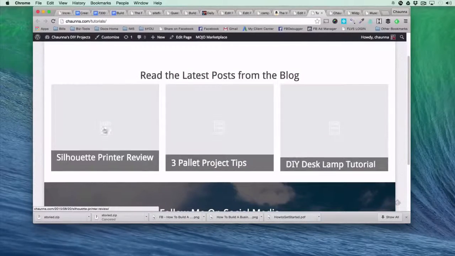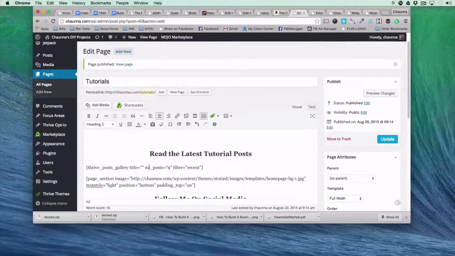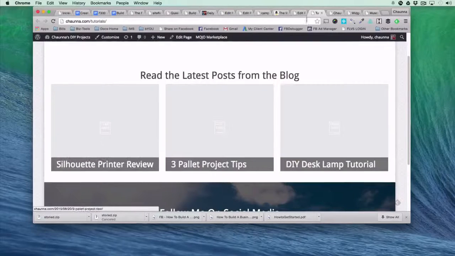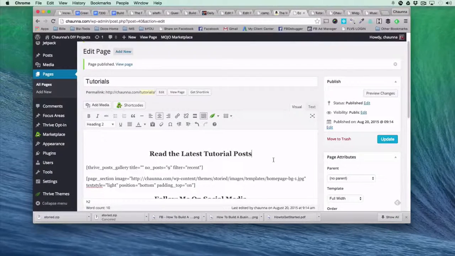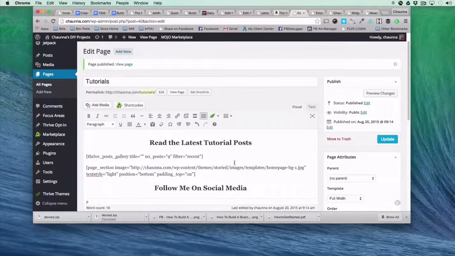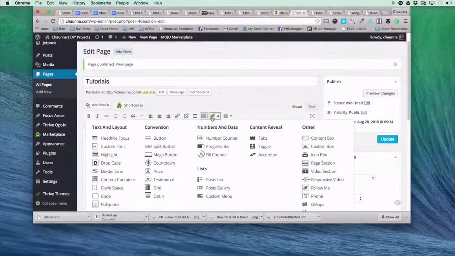It's showing 3 posts, right? So Thrive post gallery title, post number, so the number of posts is 9. So I don't really want just a gallery, just like the home page shows all of them. I want one specific to tutorials. So I'm going to delete this space here. I'm going to delete this code, because all it does is create a gallery of all the posts on the blog. But I want one specific to my category, so I'm going to use this short code here,